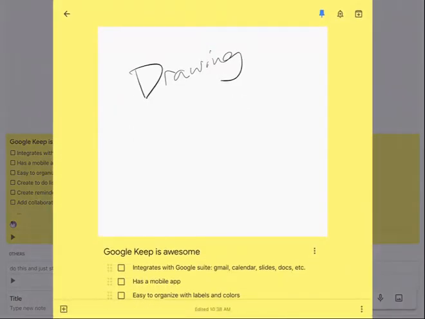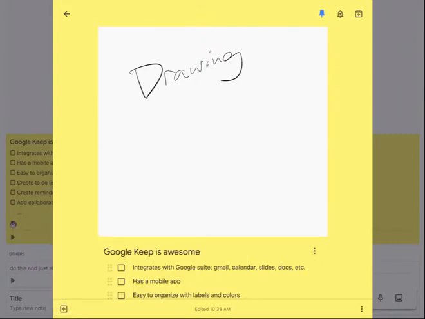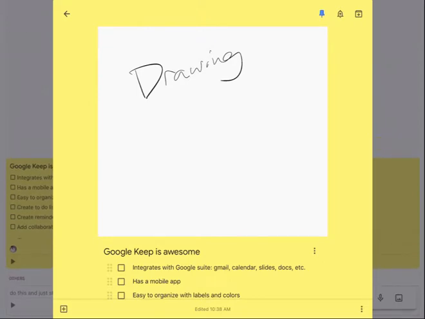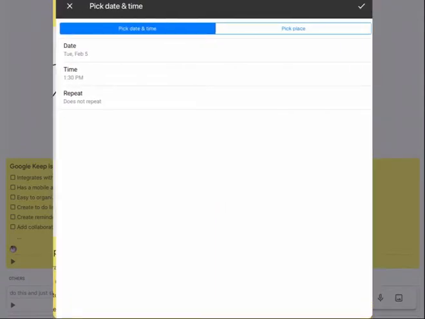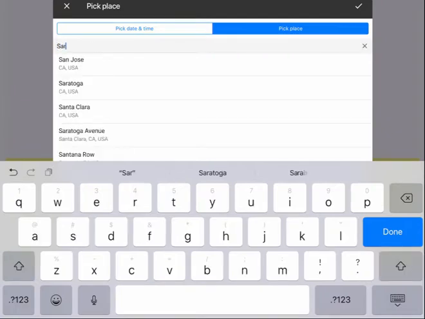Going back to this, I can pin, so you see this little thumbtack up here, you can see that you can pin it. So when you have a lot of notes, you may want some to show always at the top, so you can do that. This little bell with the plus sign, so here you can get reminders for both time and location. So maybe I want to be reminded of my to-do list